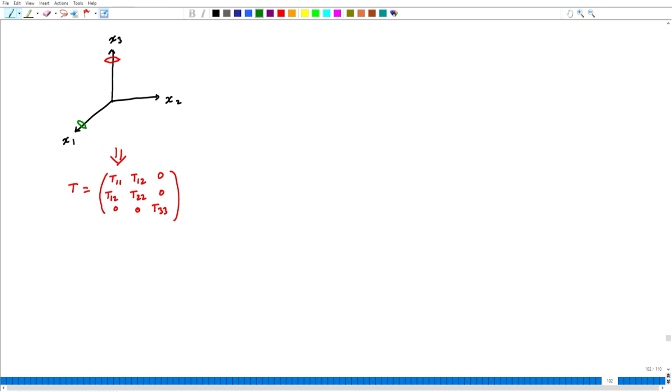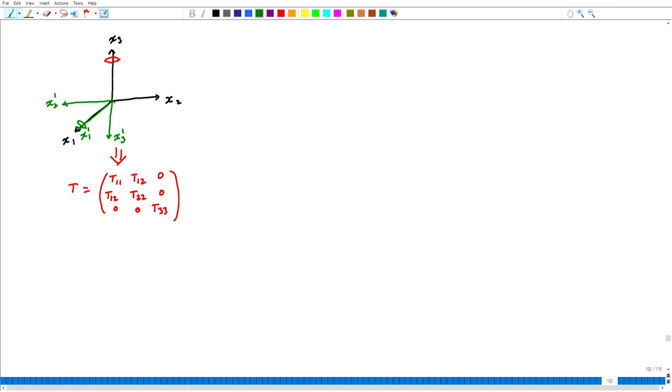So, when I put a two-fold rotation symmetry along x1, a 180 degree rotation about x1 will take the axis x2 to x2 prime, will take the axis x3 to x3 prime, and the x1 axis, since the rotation is about that axis, there is no change. The x1 prime axis simply coincides with the x1 axis.